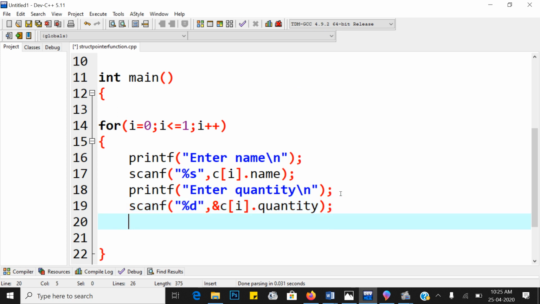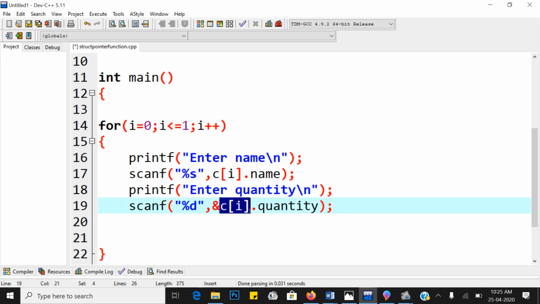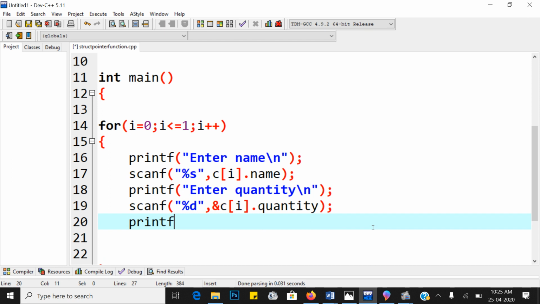Next, that means customer is a value type variable. When we want to access quantity, that is the data member of the structure, which operator do we use? Dot operator. Next, printf, take value of number of days from the user slash n.